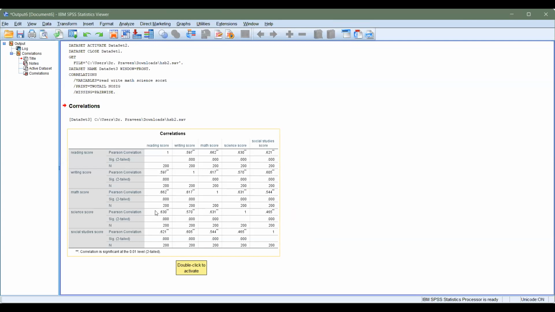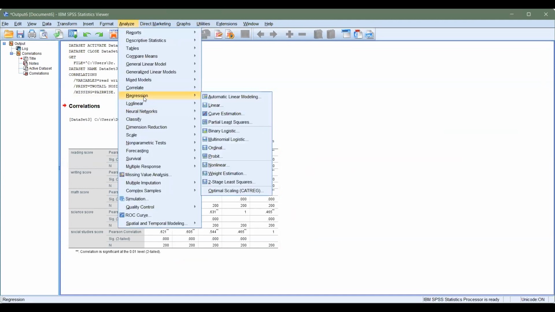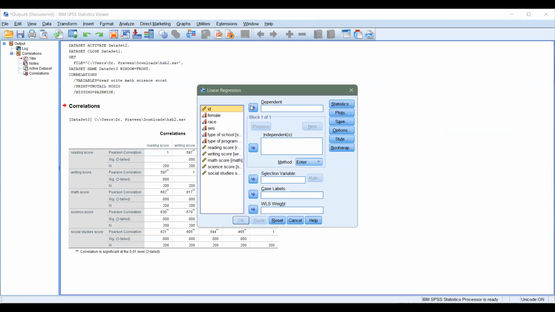That means we pass the graduation exam and we can go with the postgraduate degree. So now I'm going to apply linear regression for seeing the other assumptions. Okay, so independent variables, let's say for math score, then we have to go to the